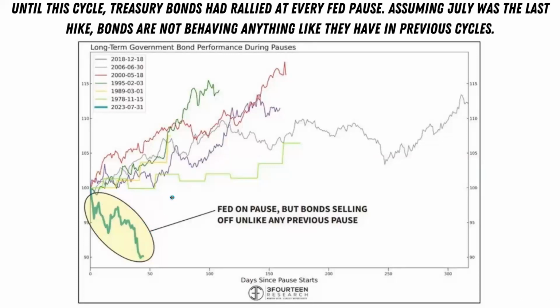Now, one reason for this is that there's a record amount of short positions. And you have famous people like Bill Ackman putting on massive short positions on US Treasuries. And just overall, I've highlighted in previous videos the massive amount of short positions there are on US Treasuries at the moment, and this is helping to send yields higher.